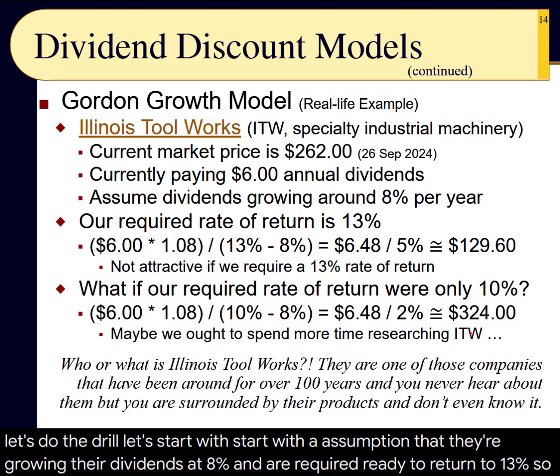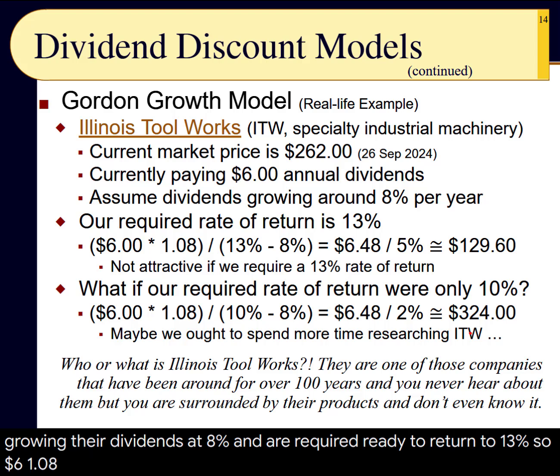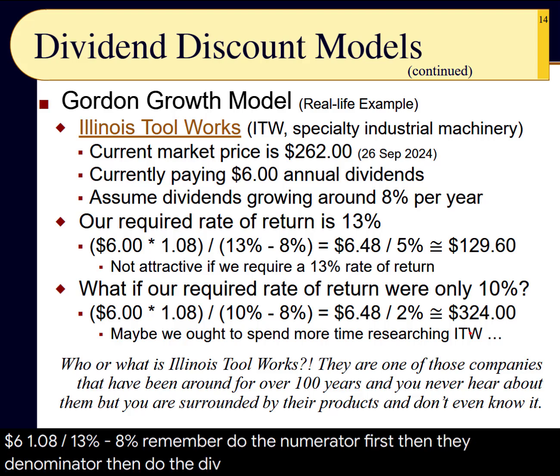So $6 times 1.08 divided by 13% minus 8%. Remember, do the numerator first, then the denominator, then do the division. So $6 times 1.08 is $6.48 divided by 13% minus 8%, 0.05, gives us